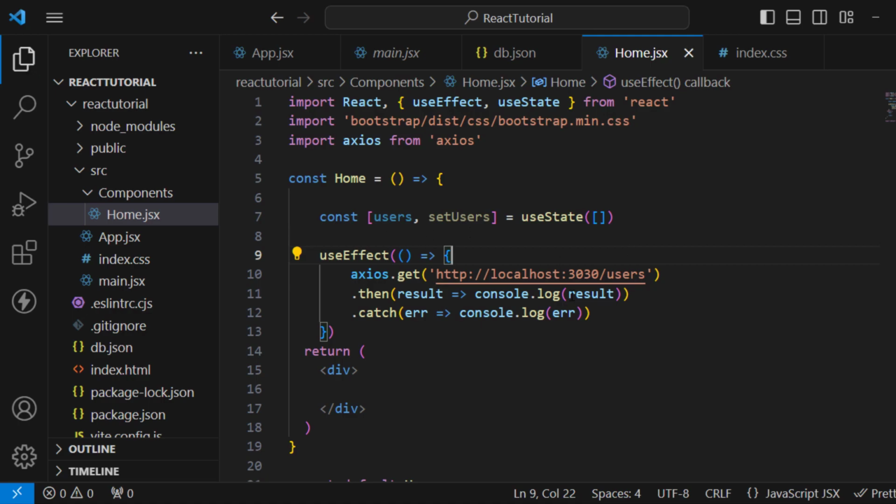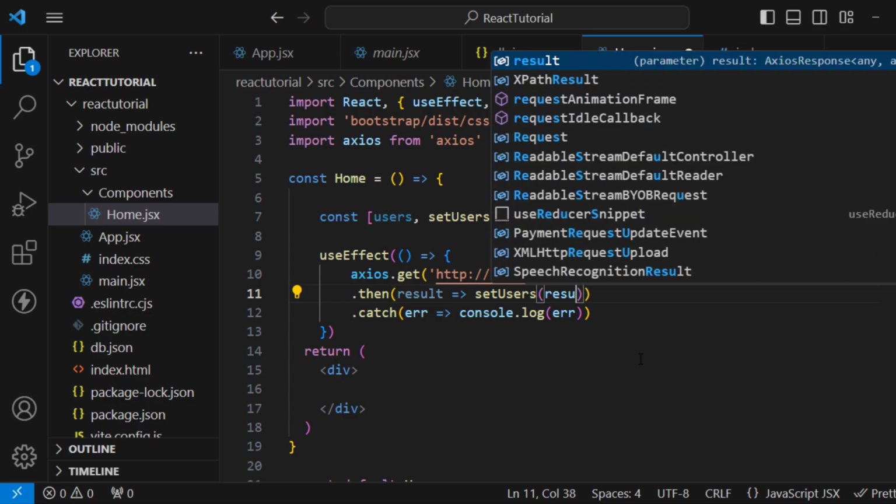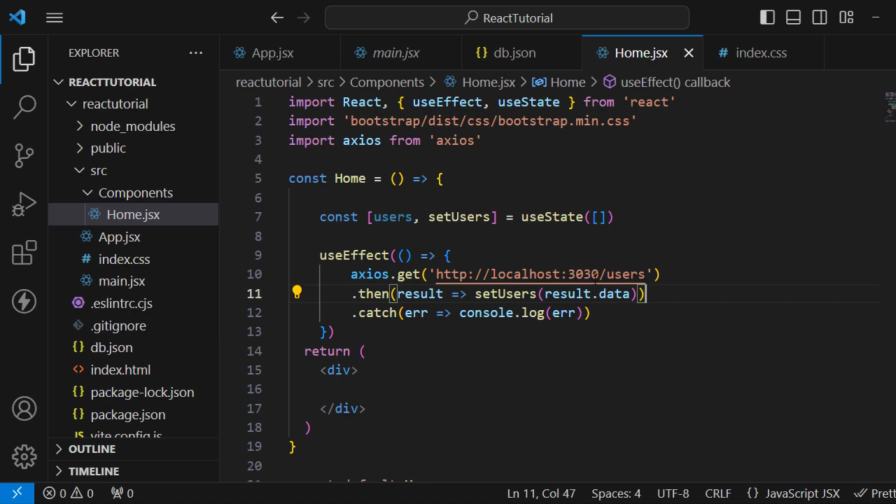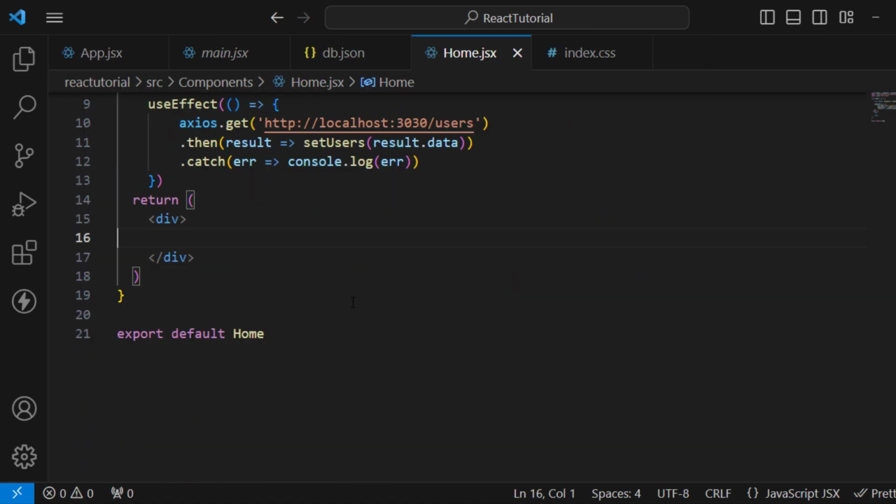Now let's store these records inside this users variable. To store them, we will simply write it like this: setUsers, we will call that method, and we will assign result.data. After storing the data inside this users variable, we will use the users variable to display the records on the screen. So let's display the records,